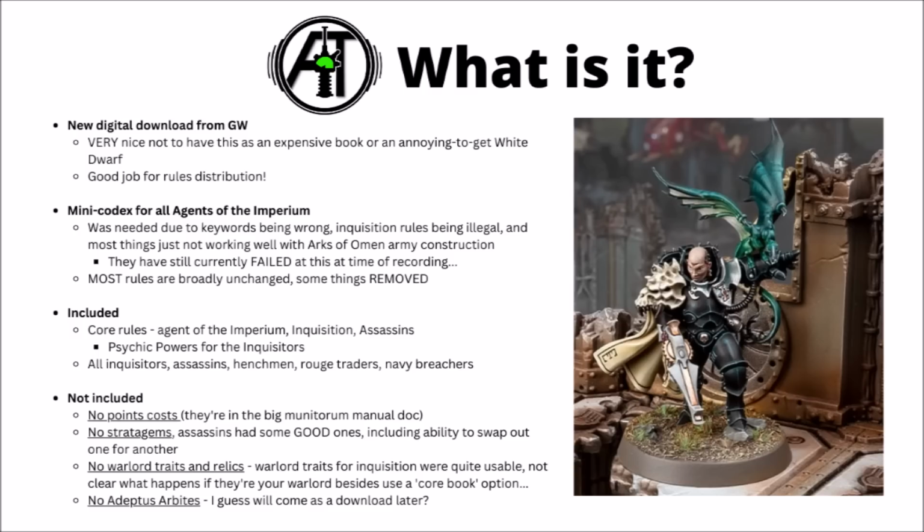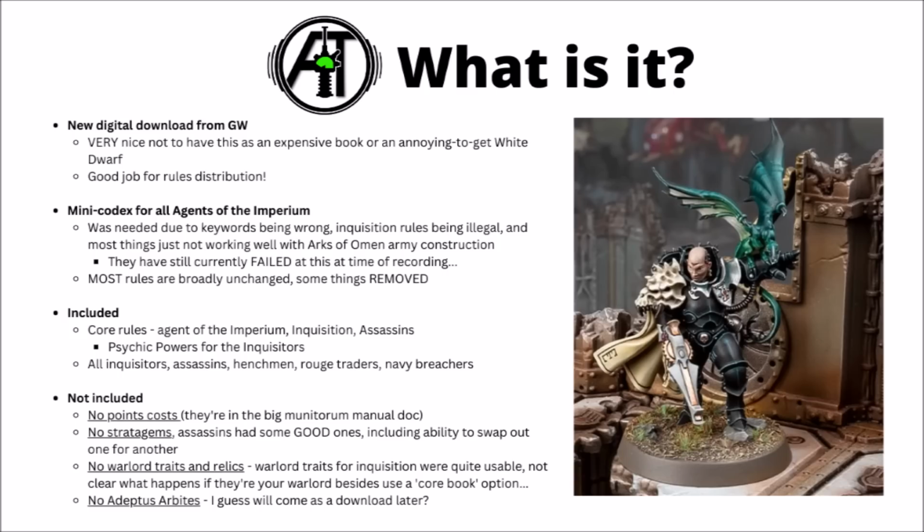And things didn't work out very well with the Arks of Omen detachment. You weren't allowed to include individual Inquisitors and things inside that detachment rules as written, and also there was an issue with filling the Agents of the Imperium Patrol detachment if you wanted some of those. And it sounds like they've fixed the first three, but the Agents of the Imperium Patrol thing still looks like it's entirely unusable, which is a bit of a rules fail from Games Workshop,